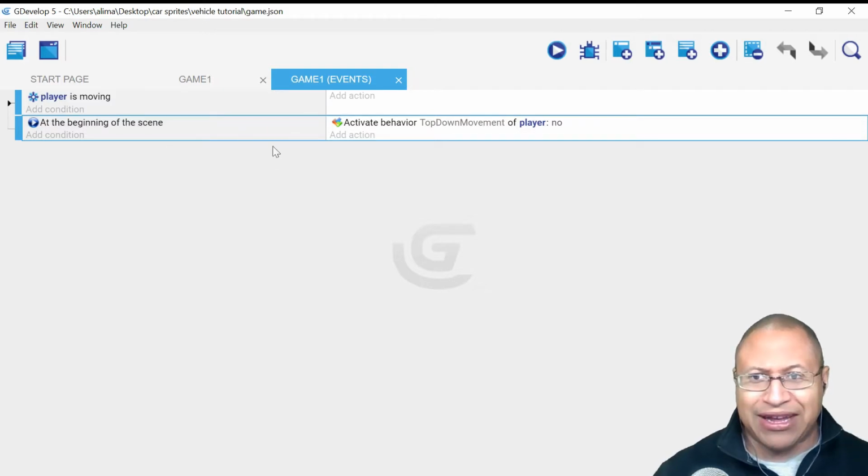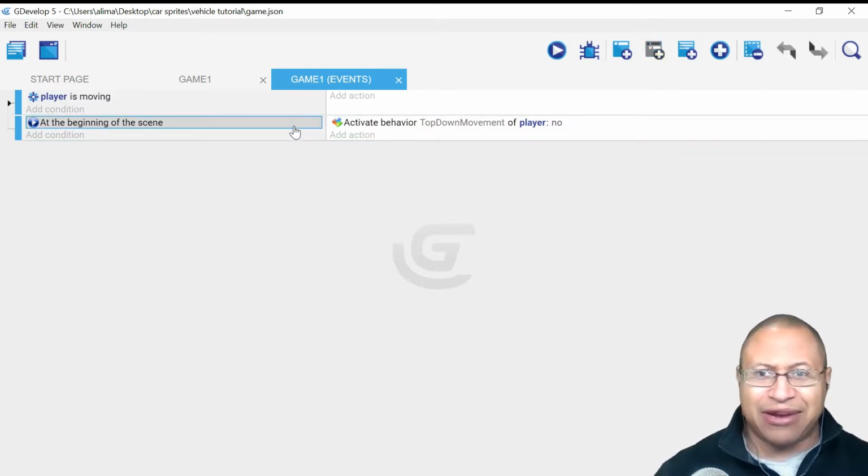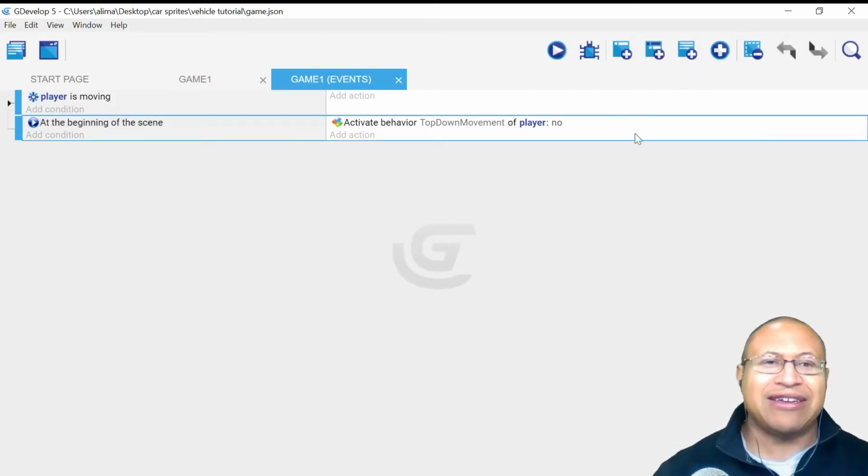See how there's a blue line going around this rectangle here? When I click here, that blue line is away. So when I click here, watch this button right here. This is grayed out. But when I click here, now you can see that button. So that's why, if you hear me say something specific like look at the blue line going around here, it's because it actually is important. So with the blue line going around, with us having this event selected like it is, we want to click